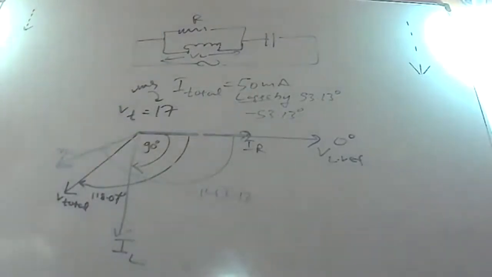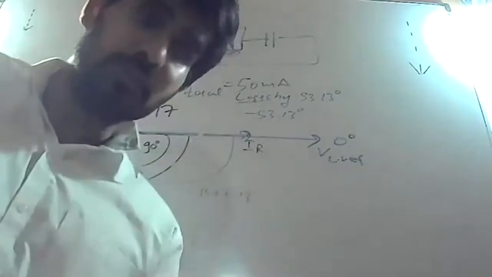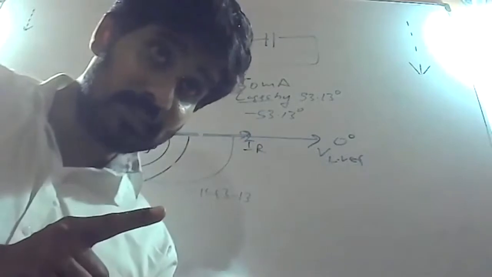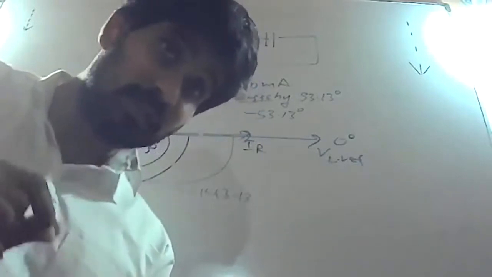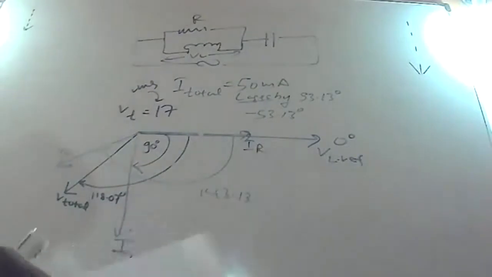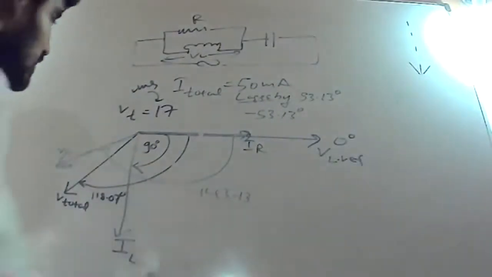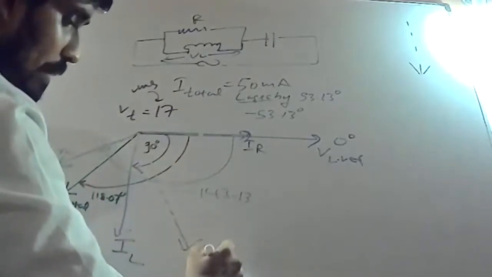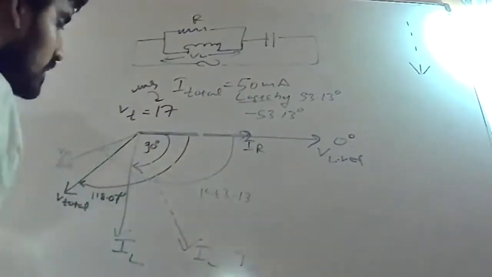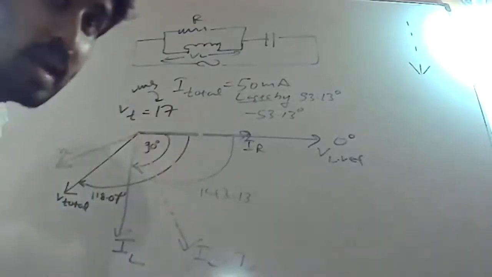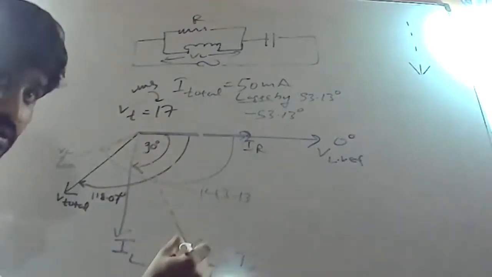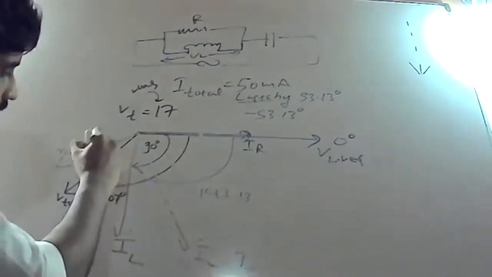Okay, that's the voltage. So now what is the current? If you consider the current through the capacitor, it leads by 90 degrees with respect to the voltage. So what is the current through the capacitor? That is the total current. It leads by how much? 90 degrees. Current leads, so leads means there. What is this? I capacitor, same as I total. The angle between the voltage across the capacitor and the current through the capacitor is 90 degrees.